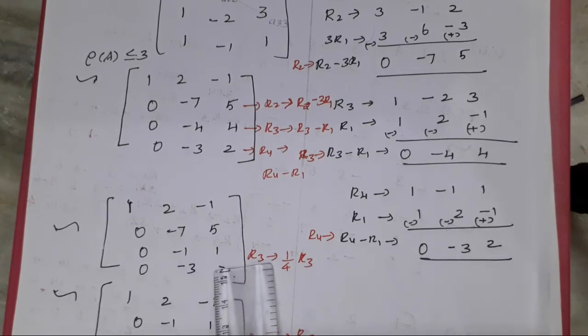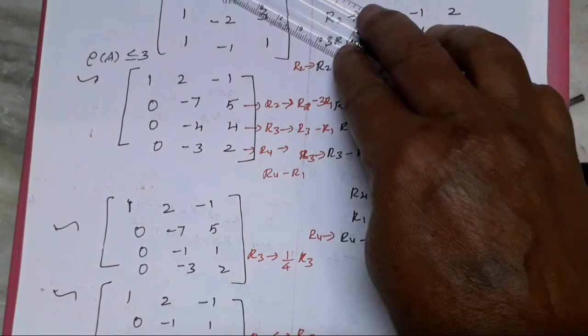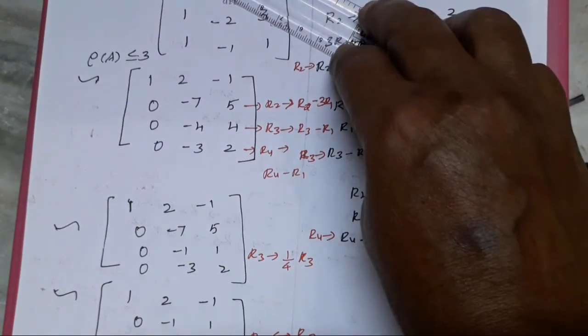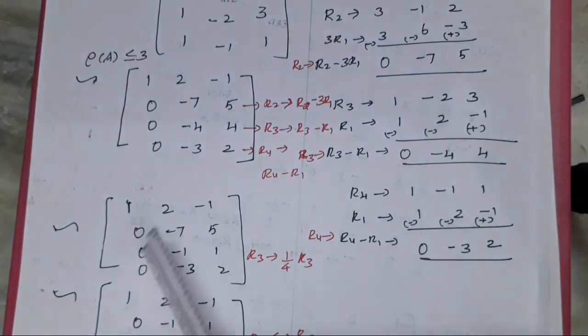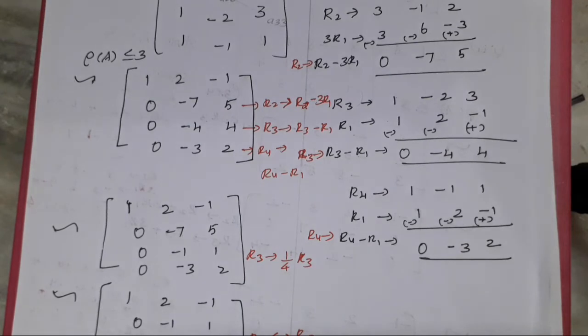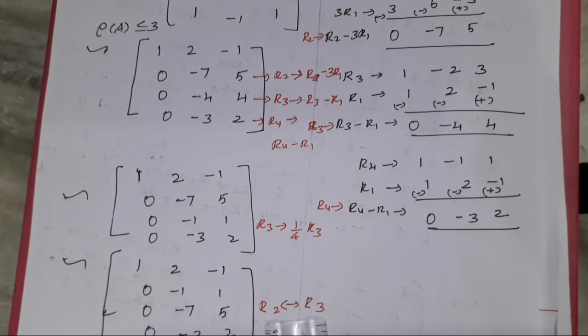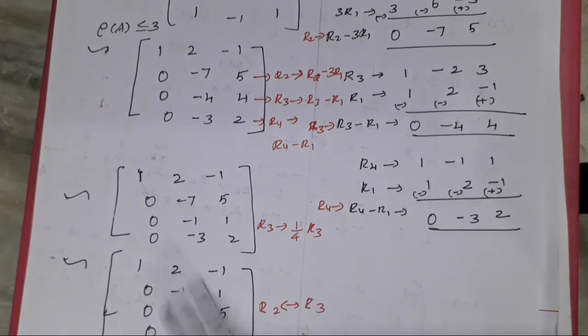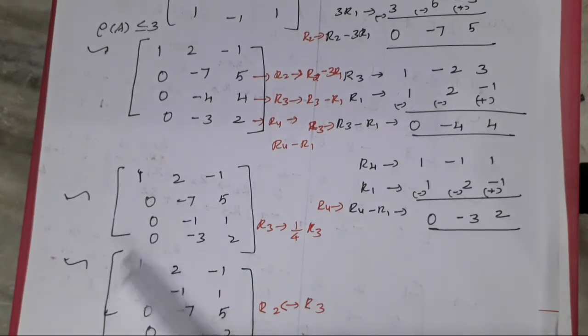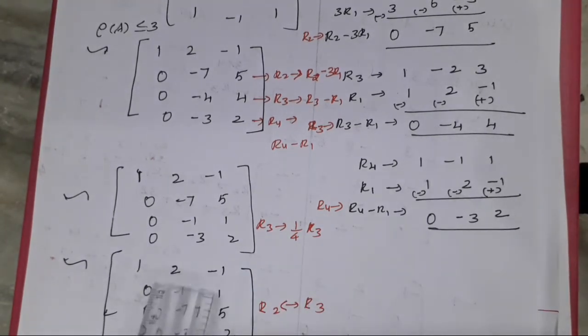What I told you: below the main diagonal, you want to make all the elements 0. Below the main diagonal, you want to make 3, 1, 1, minus 2, minus 1 become 0. Now we only find this 3, 0. Now we want to calculate the last row, the fourth row and third row, we want to become 0. What do we do? I interchange. Why? Because I don't want to disturb R1. If you subtract or add, we get the answers for R2, R3 coming again from the first step. So we leave the first one and don't disturb R1.